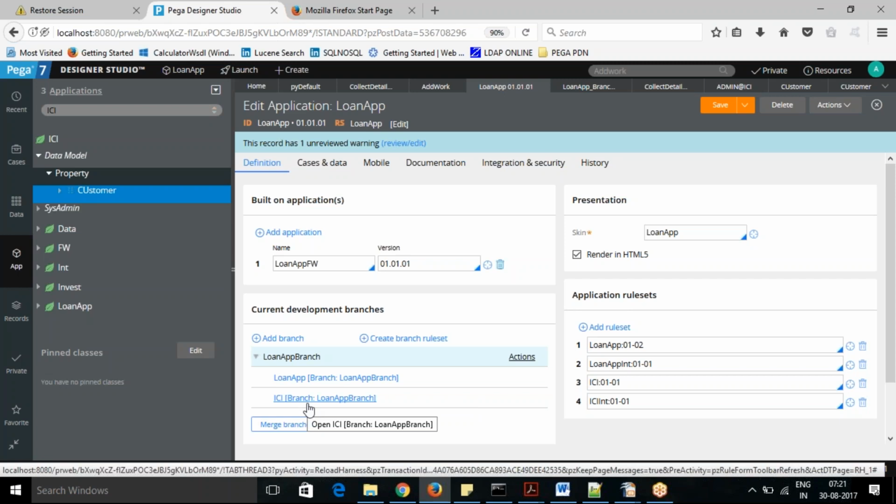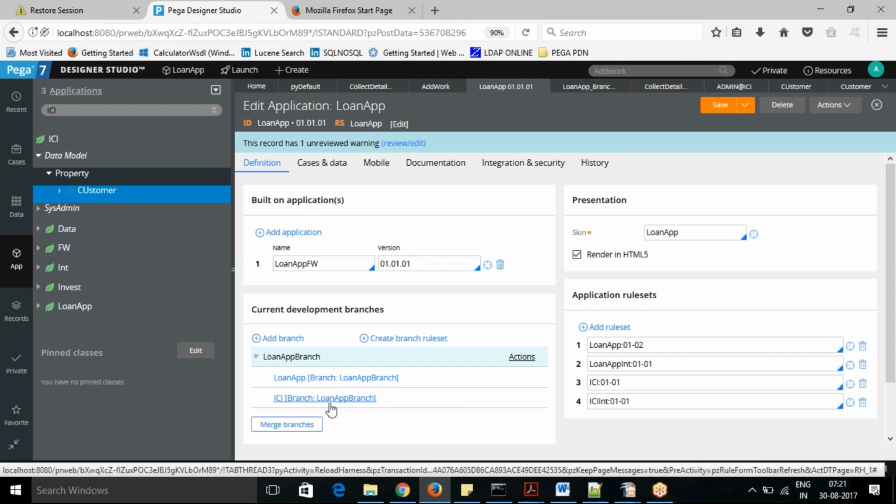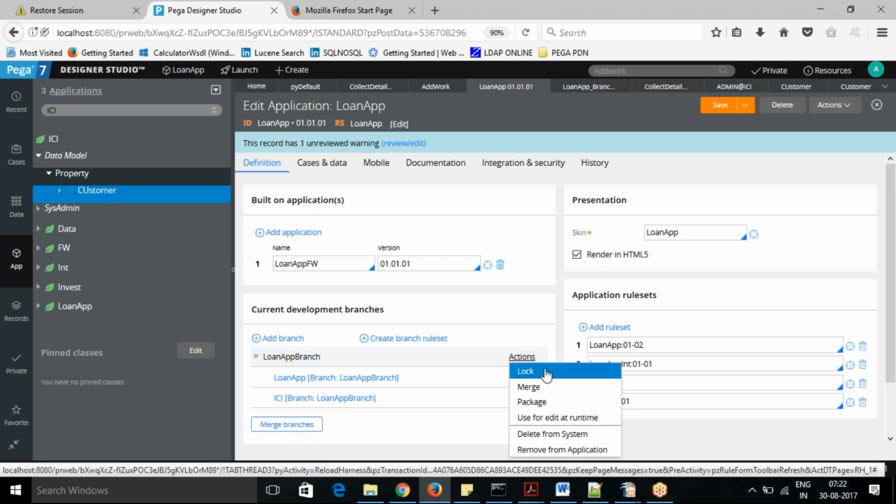Once you are doing your development in the branch, creating your rules and everything in a separate branch, and you think you are done with the branch, what are you going to do? You have the concept of merging with the main rule set. You want to lock the branch so that